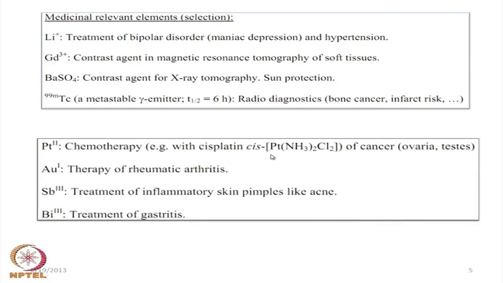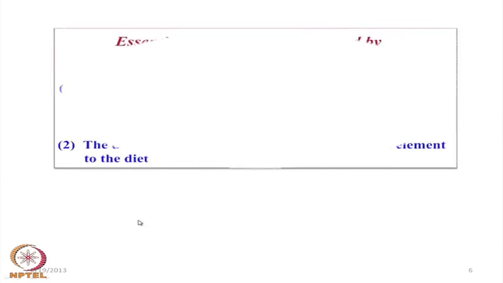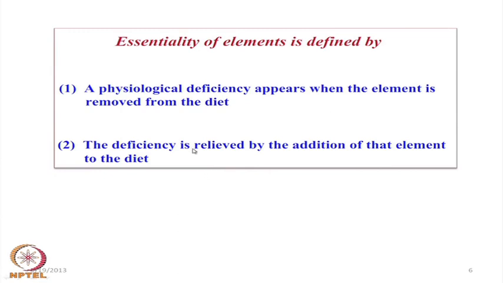Then platinum as cisplatin is a drug molecule for cancer chemotherapy, gold as in rheumatic arthritis drug, then antimony for inflammatory skin pimples like acne, because antimony is also known as the first molecule which was prepared by a person known as U. N. Brahmachari, who made urea stibamine for the black fever treatment, then bismuth for treatment of gastritis. So, we see that there are several essential elements in our hand, and those essential elements